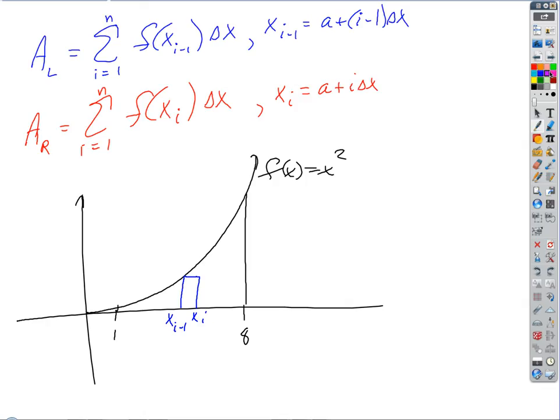So delta x is just going to be the total width divided by the number of rectangles, right? So I'm telling you that n equals 10. I'm imposing that on the problem. I probably could have picked an easier one, but that's fine. So delta x is going to be 8 minus 1, so 7, divided by 10. So 7 tenths. And our function is then going to become